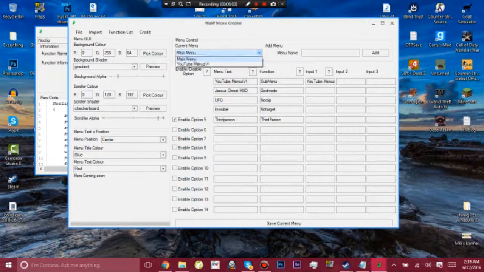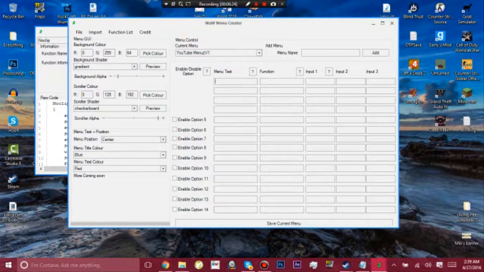So we're going to go back into the regular one and then name it. You can name it whatever. This is pretty much the main menu. This is what you're all going to see. You're going to see the 4 mods you have. This is a second menu you will have. So like these can be different